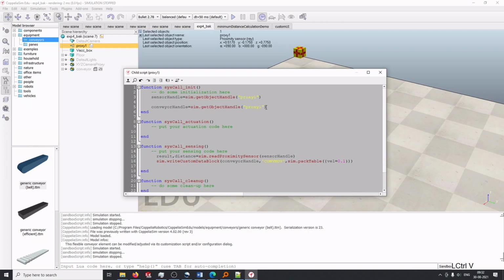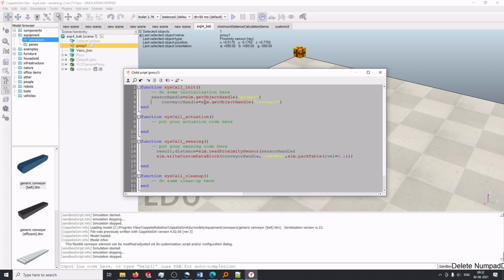So we have the appropriate annotation for that. Conveyor here. Okay, so CONVEYOR. Okay, so the spelling is correct. So next is to write that if result, that is, if the sensor is getting any reading, then if result is greater than 0, that is when we are getting a reading, it will be greater than 0, then we want the simulation to stop.